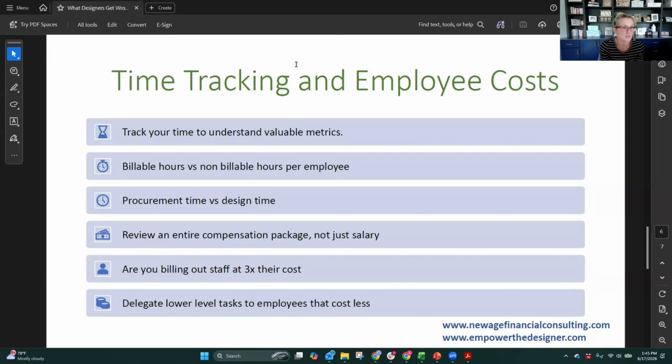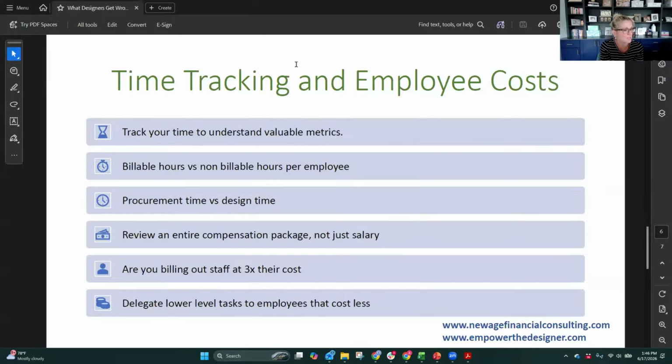So going back to my 2,080 hours, there are 2,080 hours in a year. How billable are you? Are you billable 50% of the time? Are you billable 100% of the time? How many hours are you working? If you're working 30 hours, I can't expect you to be billing 40 hours a week and then 50 to 52 weeks a year.